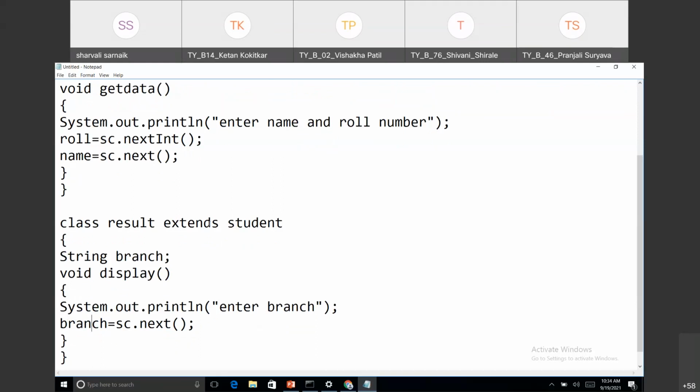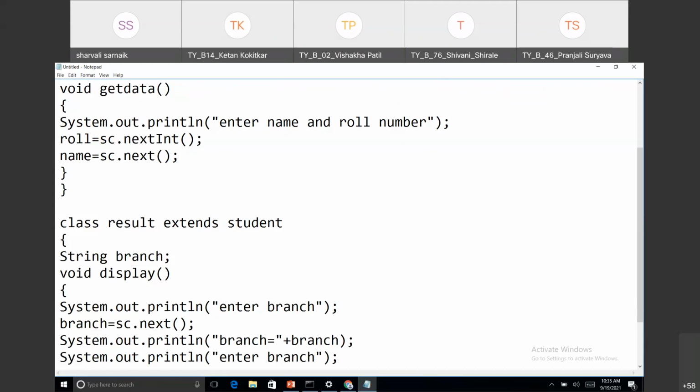Now inside the display function I want to display the name, roll number and branch of that student. So I'm displaying branch, then I'm displaying name.